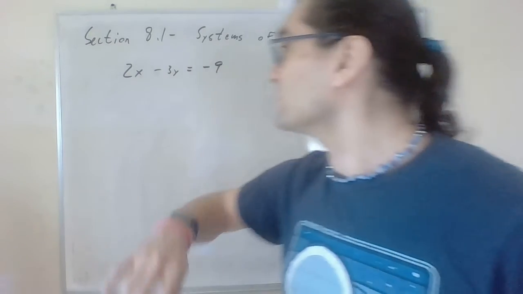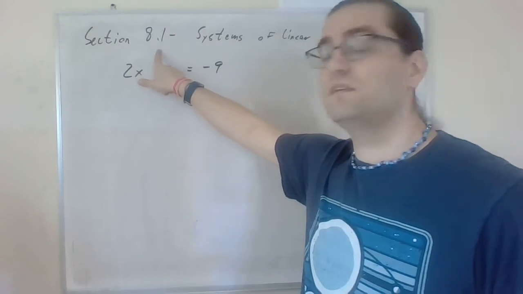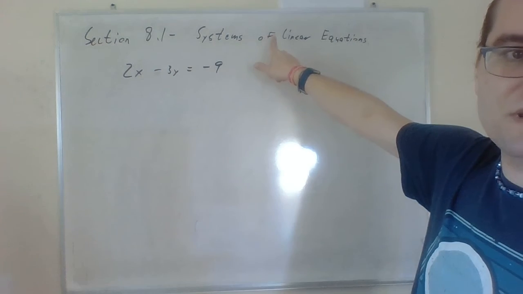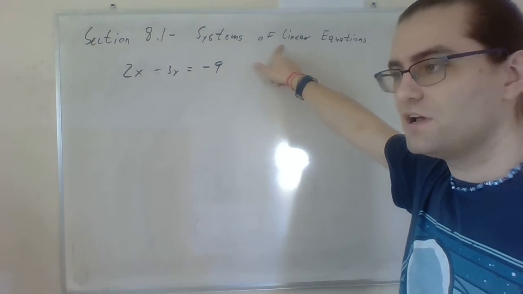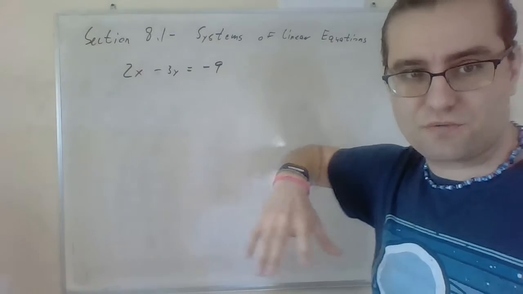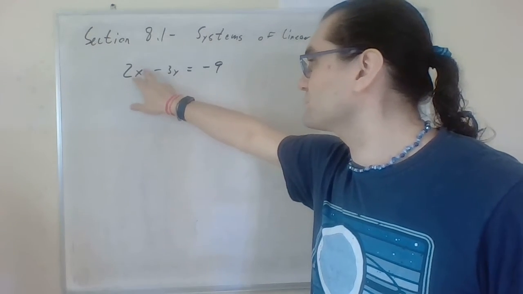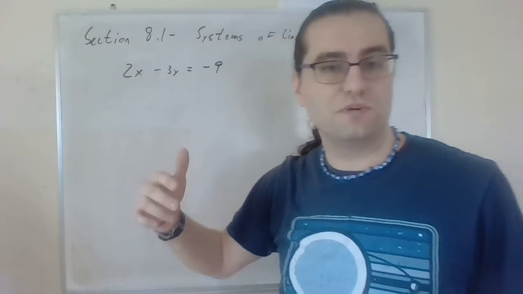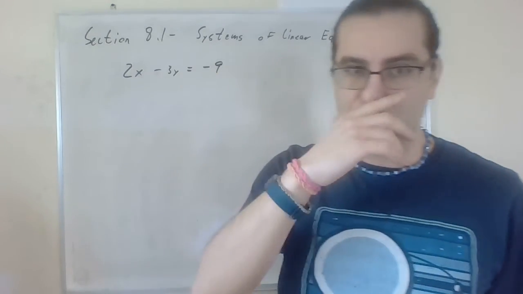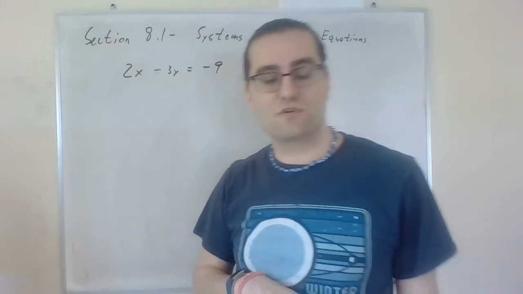Today we are talking about section 8.1. We are doing systems of linear equations, which are like linear equations. They have x's with no exponents on them. They have constants. Nothing is squared, cubed, no square roots, no weird stuff. They're first order polynomials,